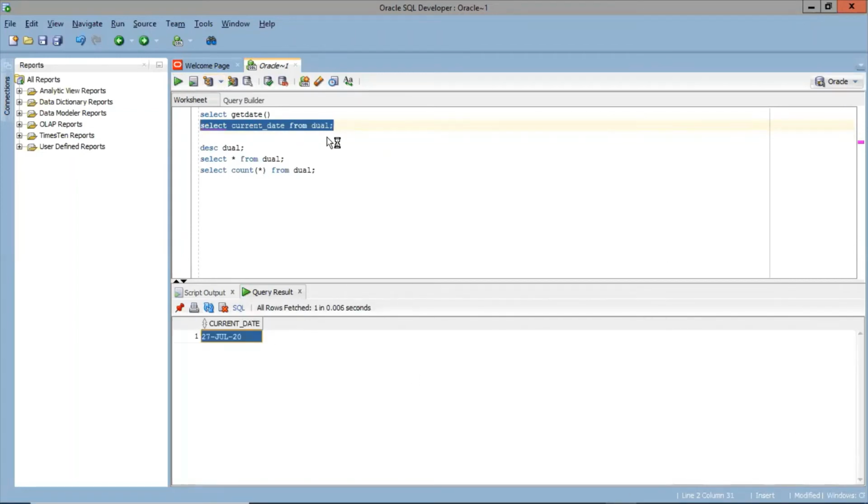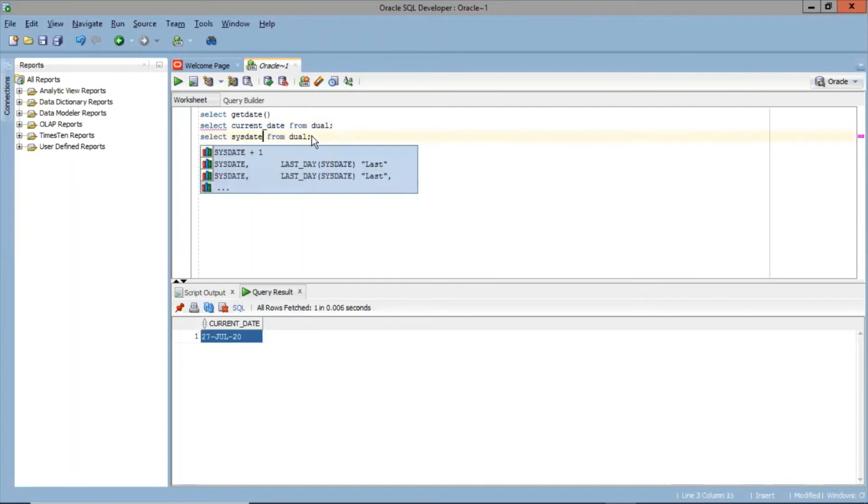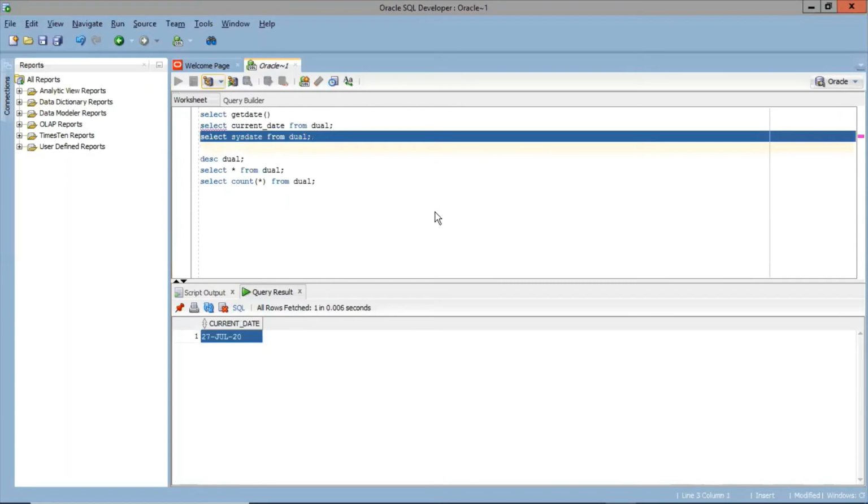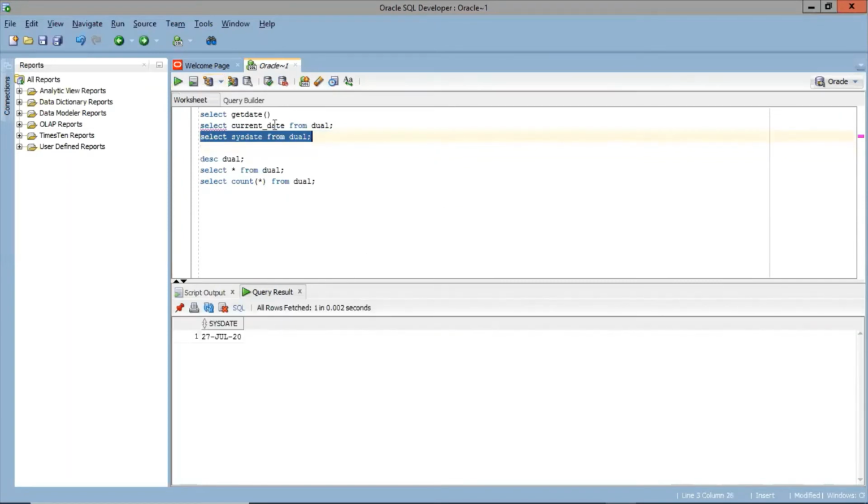Or you can use Oracle's inbuilt date function sysdate. Both are the same, current_date and sysdate. Sysdate will give you the date along with seconds, but not microseconds.